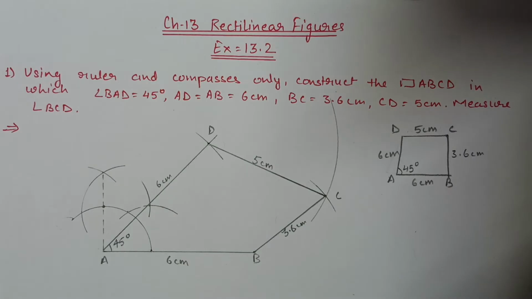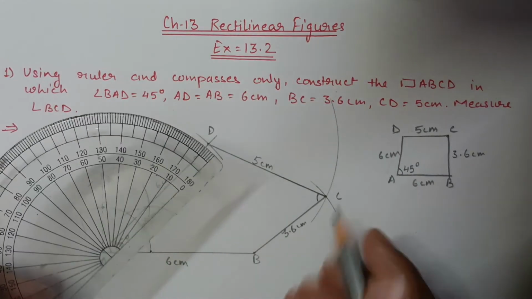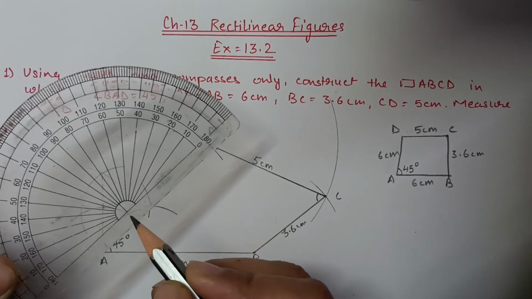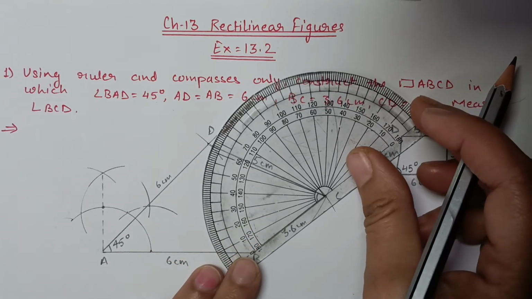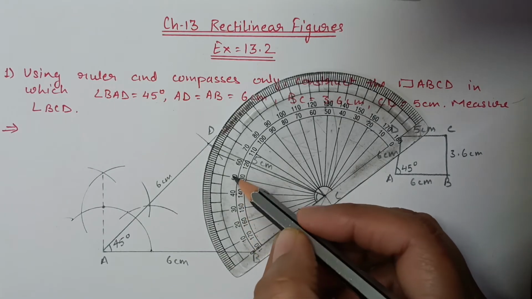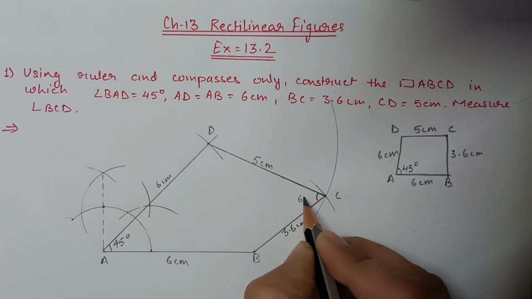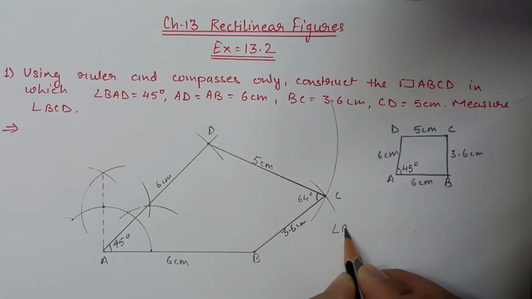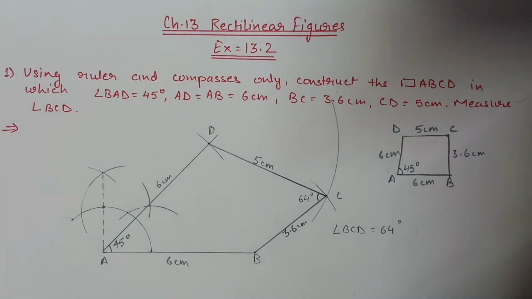And in the question they have given: measure angle BCD. BCD means this angle we have to measure. So with the help of a protractor we will measure this angle. This point we have to keep here at the center point and then we will measure. Keep your protractor, join this baseline and you can measure from here 0, 10, 20, 30, 40, 50 and 64. It is coming nearly 64 degree. So angle BCD is equal to 64 degree. If you are getting 1-2 degree here or there, no problem, that one also will be correct.